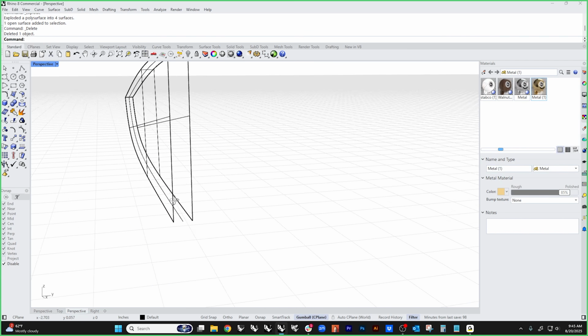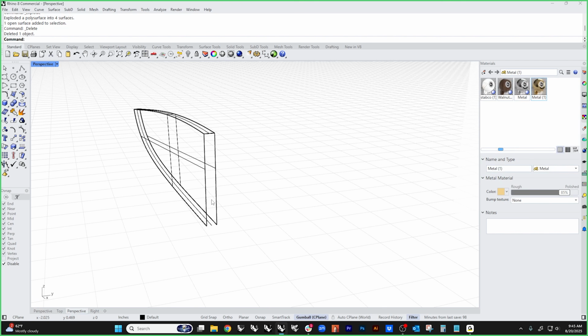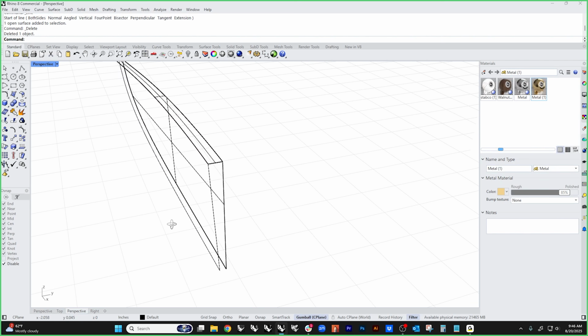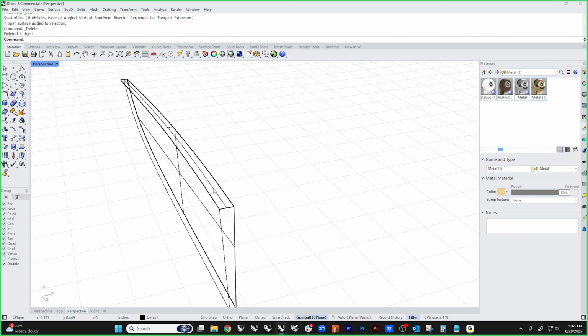surface. So now that I've got that, I can draw a curve from here to here, and I have a hotkey set up. Actually, I don't have a hotkey set up. Line from 4 points. Okay, let's do this one. So I'm going to snap from here to here, and then I'm going to delete this surface. And what that is going to let me do is